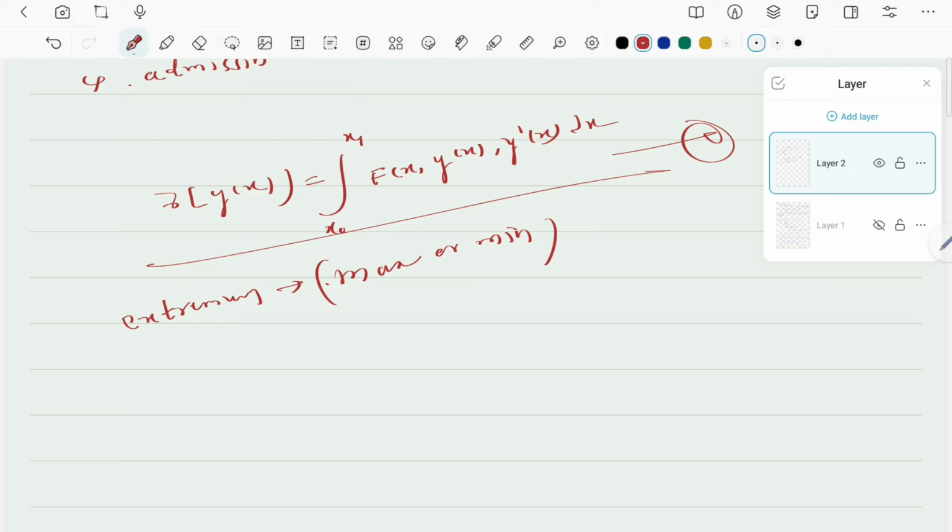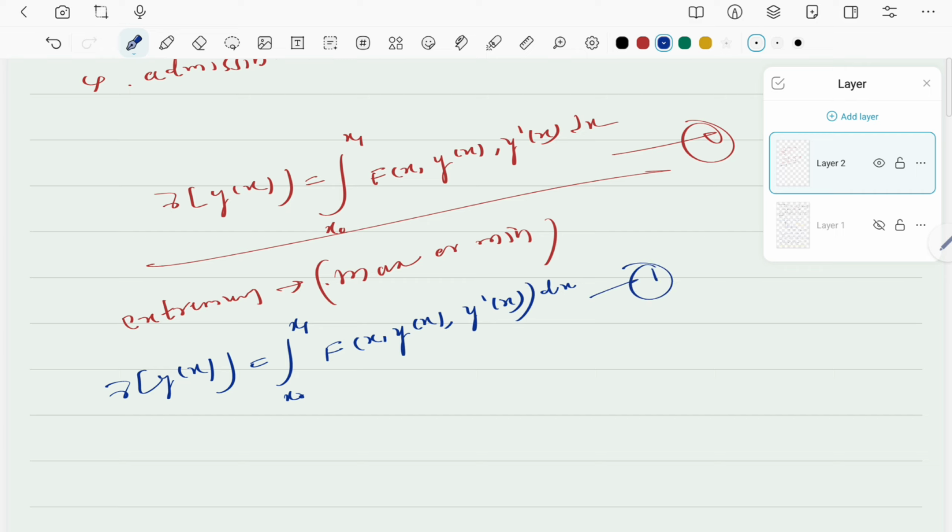First we see the overview of Euler's statement, how we are going to solve this Euler's theorem. So we have the functional gamma of y of x is equal to the integral from x naught to x1 of f of x comma y of x comma y dash of x into dx. Call it some equation. We also know that by the definition of functional, equation 1, that is mu of y of x is equal to the integral from x naught to x1 of f of x comma y of x comma y dash of x into dx,